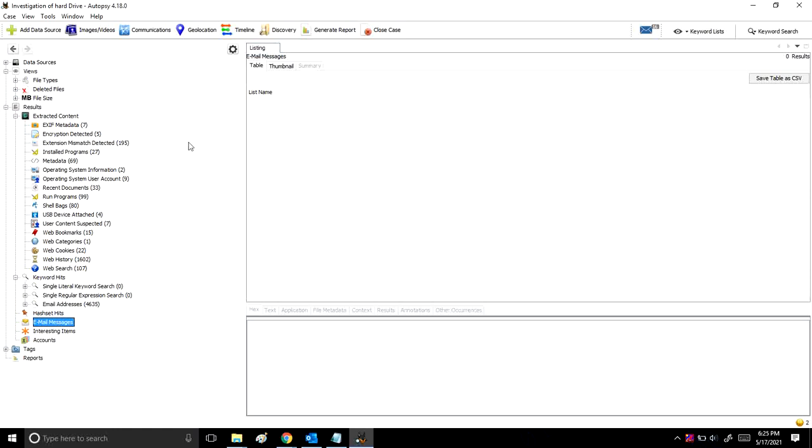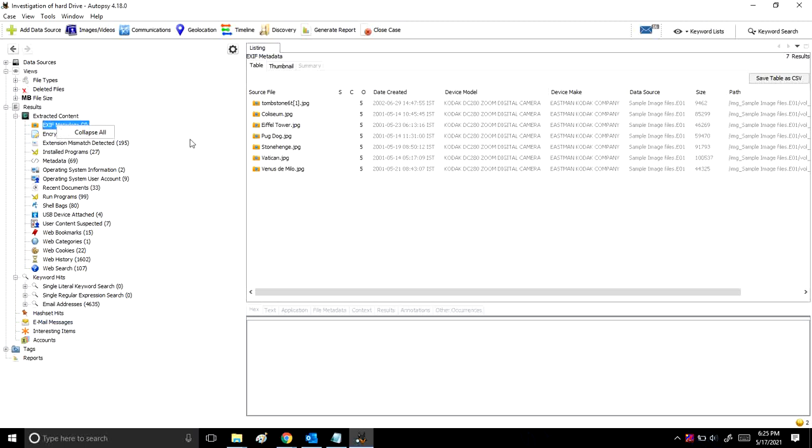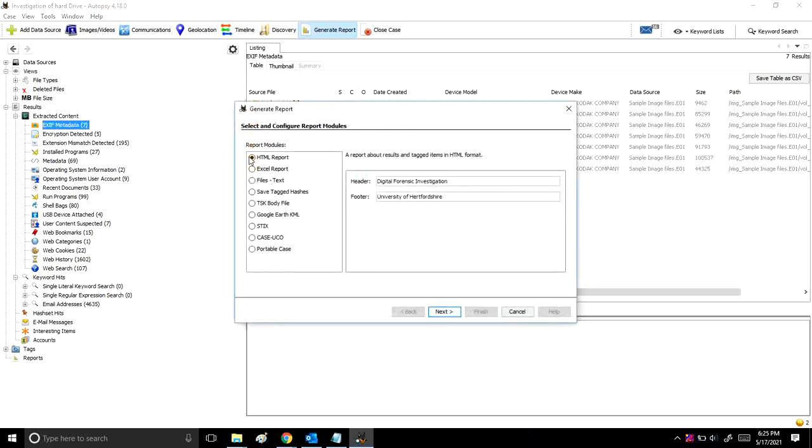And if you want to take out the report of this particular EXIF metadata, or else you want to find out the report for every artifact, you have to just go for generate report. And generate report will give an option of HTML report, Excel report, whatever format you want. Here